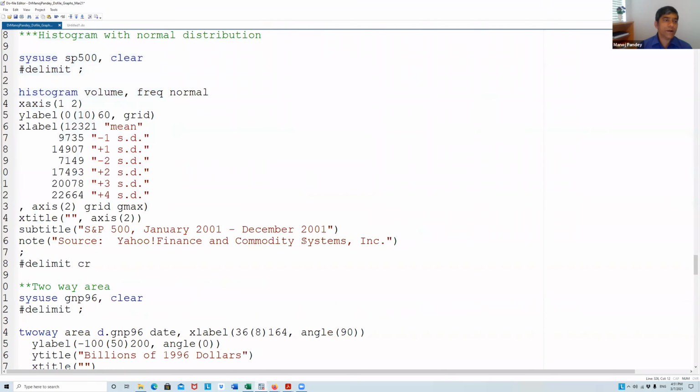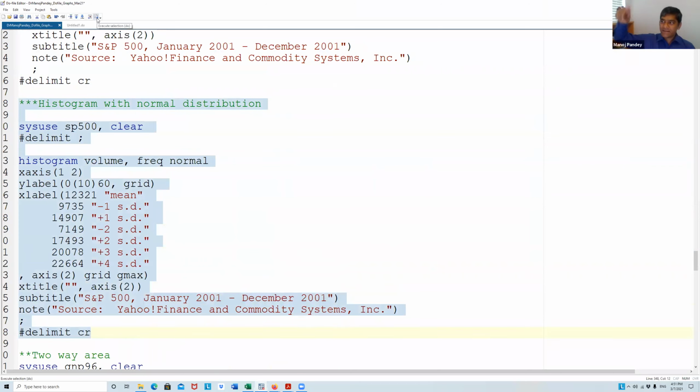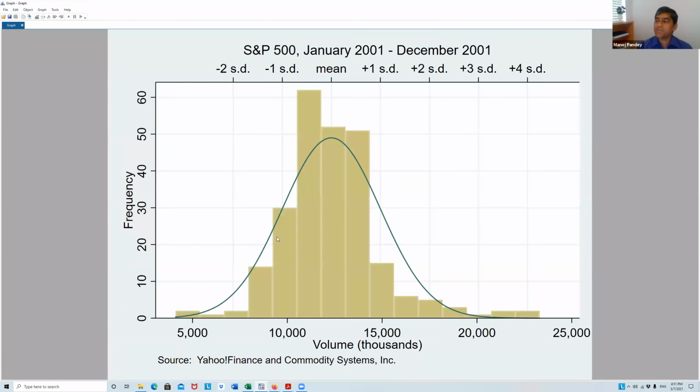We will see that in the econometrics one. Sometimes you like to have a histogram with a normal distribution. You remember this bell-shaped curve in the histogram? You can use this here. Okay, so this looks like a normal one, but you'll have to see the other tests to see if it's exactly normal or close to normal.